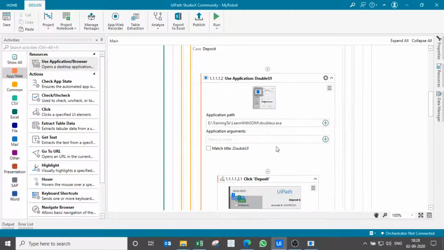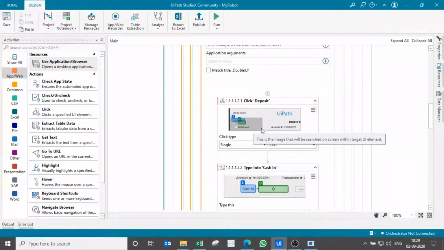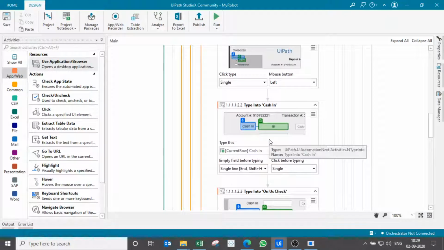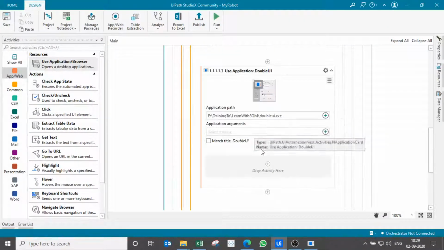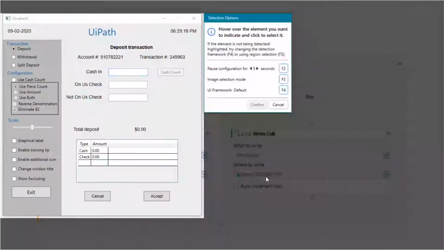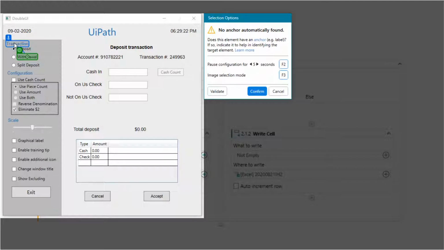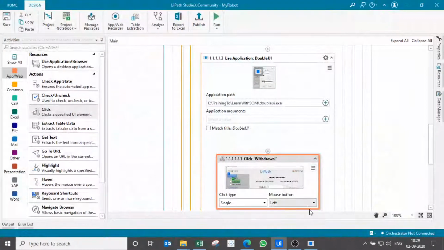After this we click on the radio button, so we have added a click on the deposit. So let us do that. In the case of withdrawal, we will add a click event here, and then we have to click the withdrawal, and now I want to anchor this one as a reference point. So now we would be confirming it. Now we have confirmed it.